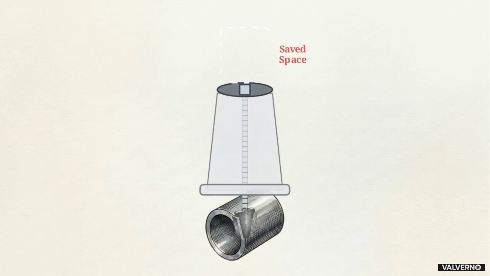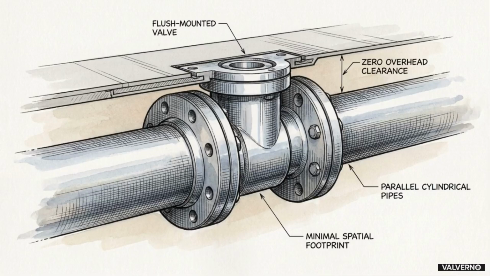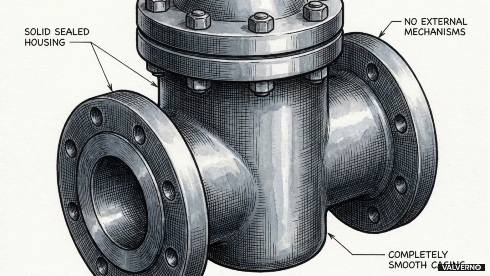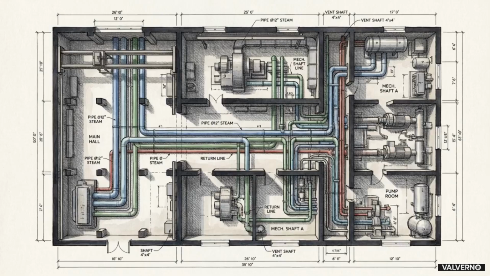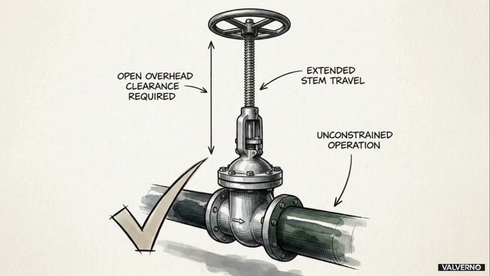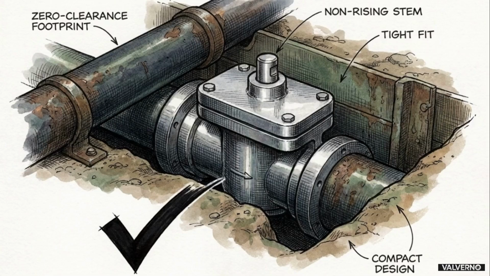In contrast, a non-rising stem rotates completely internally to open the gate. This saves critical installation space in tight environments, but it means you cannot determine the valve's position just by looking at it. Your layout decides this configuration for you. Select the rising stem if you have the space and prioritize maintenance visibility, and use the non-rising stem if your